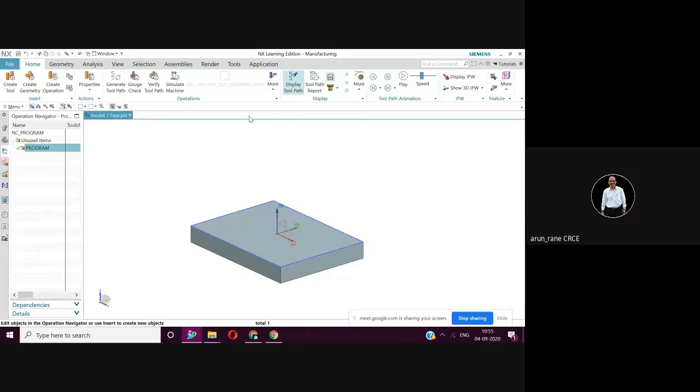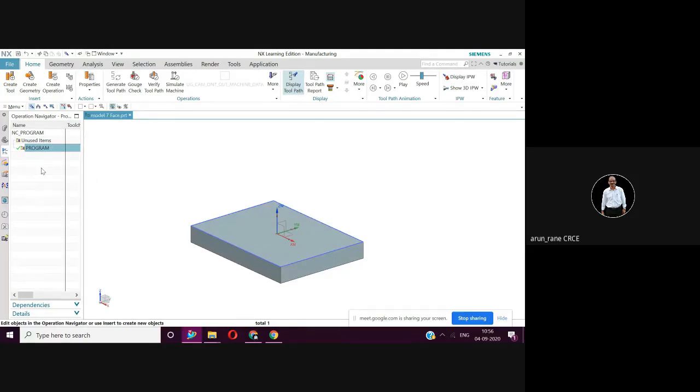According to me, in this student edition, program generation is not possible. G code and M codes are not possible. But you check two things as an assignment at the weekend: whether G code and M code is possible, and whether animation is possible in this student edition. And how do you get this G code, M code? Click at program, then select post process, and then the 3-axis machine, 2-axis machine will appear. Now it is not appearing.